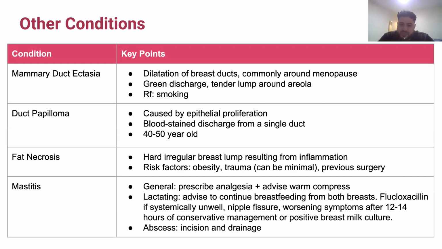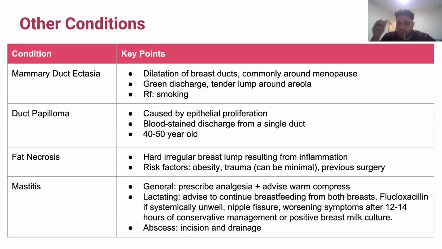And then finally, mastitis, which is linked a little bit with obs and gynae, is basically where you'll get inflammation of the breast and swelling as well. It's typically around the breastfeeding period with the excessive production of milk, and sometimes the milk isn't draining. So the general advice for it is you'll give analgesia as required. And warm compresses and warm showers are also advised for patients. And patients will also be advised to continue expressing milk because that helps with the mastitis.